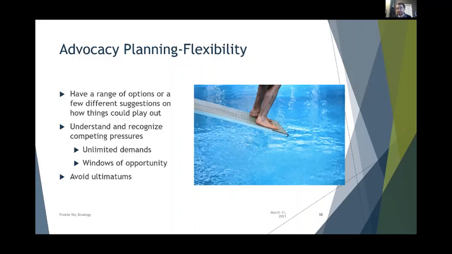Most of their day is spent dealing with people asking for something. Maybe it's more funding for this, a change here, a change there. So there are a lot of competing pressures on governments at all levels. That bleeds into the requirement to be flexible: don't get too married to one idea or ultimatums that it has to be this or it has to be that. If you can, come up with a range of options.